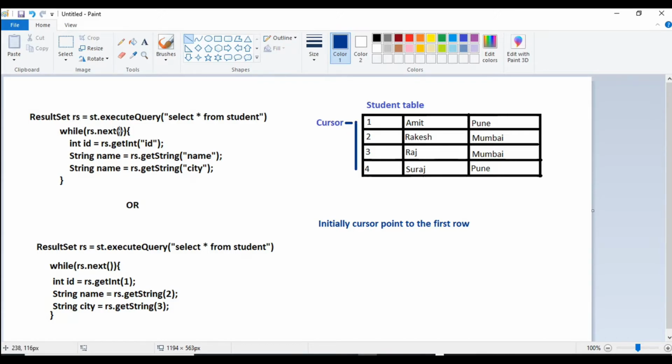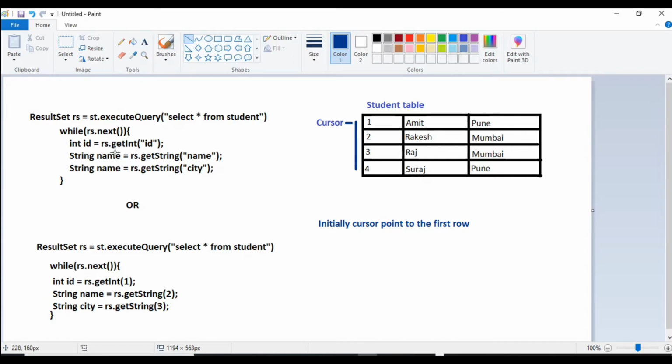So we will call the next method of result set. The return type of this method is boolean. As long as there is data in our table, it will return true. For fetching data from a row, these are the methods. If you want to fetch this id, name, city, then we have to call these methods.